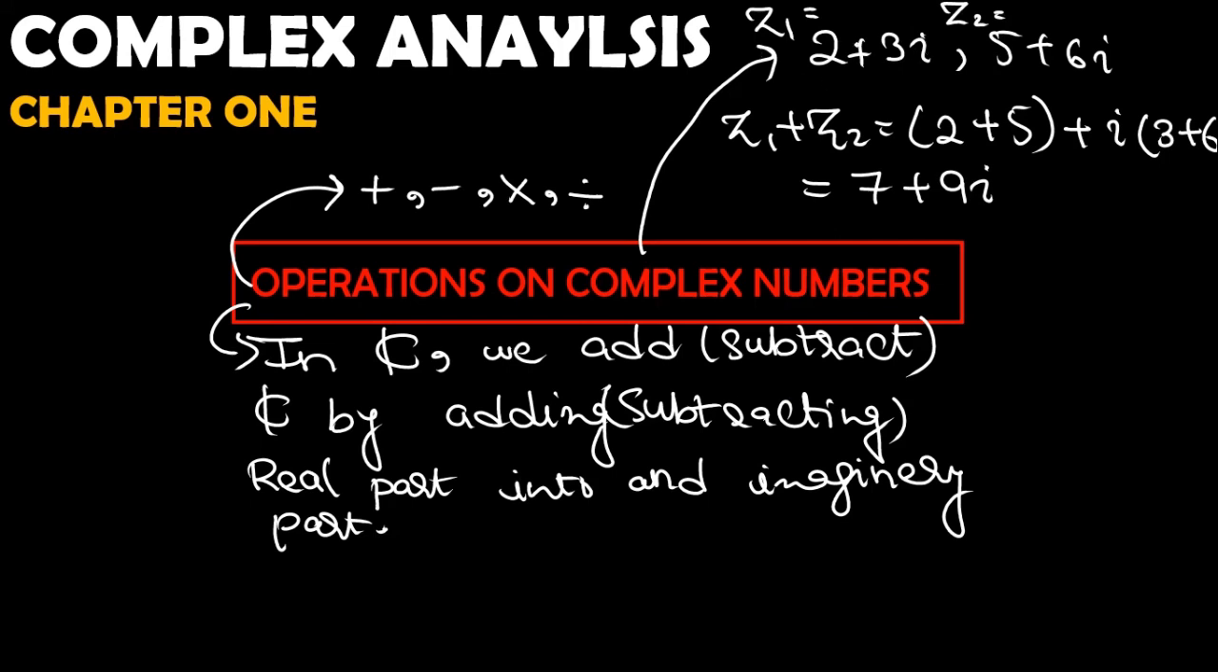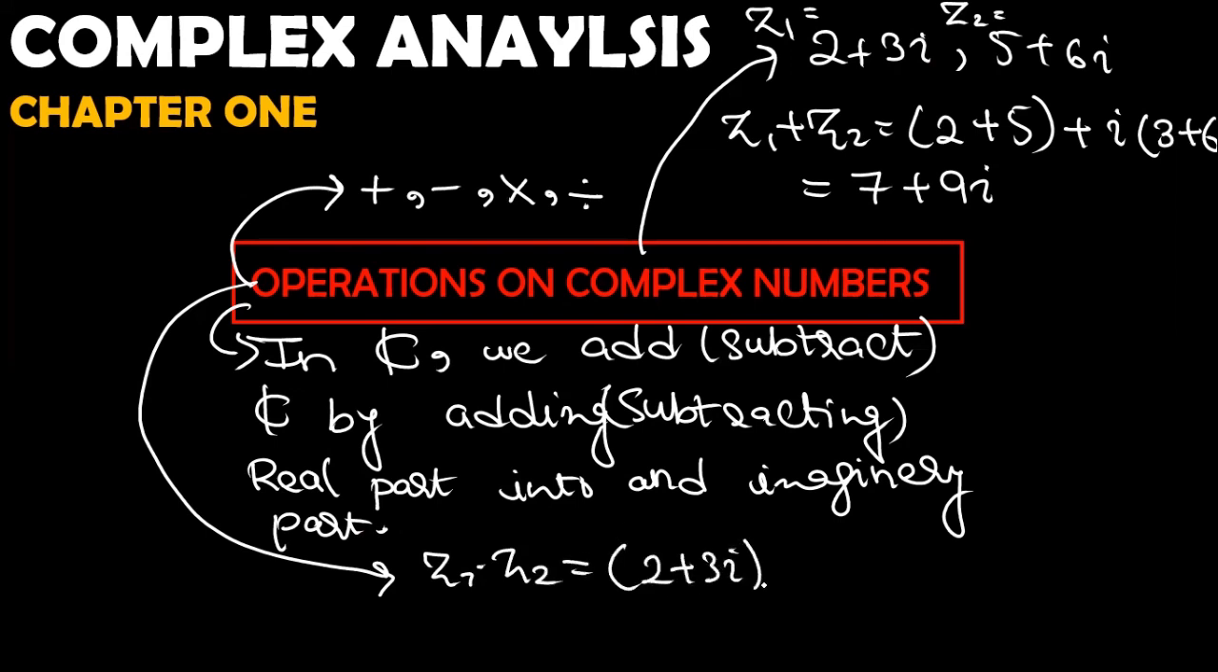I am going to take these complex numbers, and now I am performing the multiplication. We have two complex numbers. Z1 into Z2 is equal to 2 plus 3 iota into 5 plus 6 iota. So how can I multiply them? In multiplication,